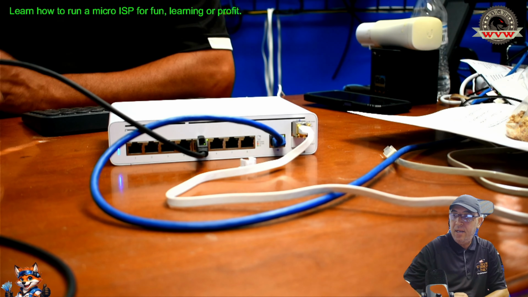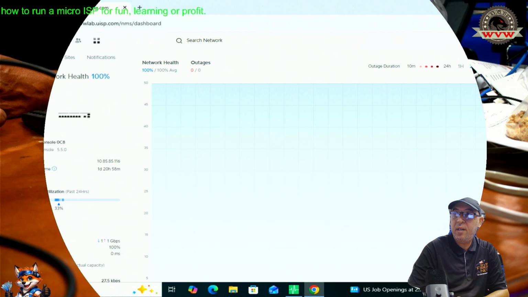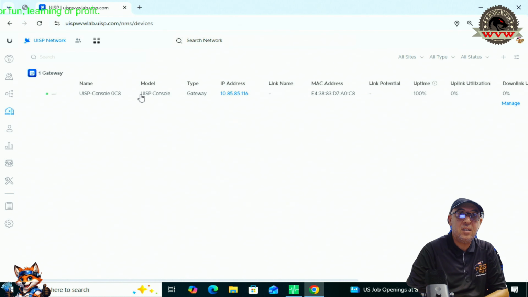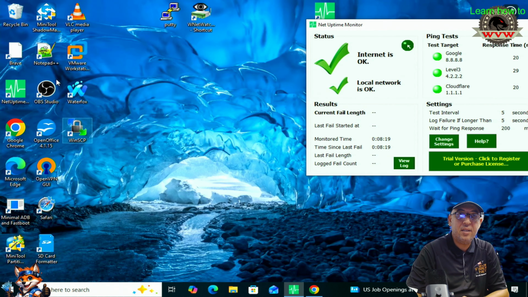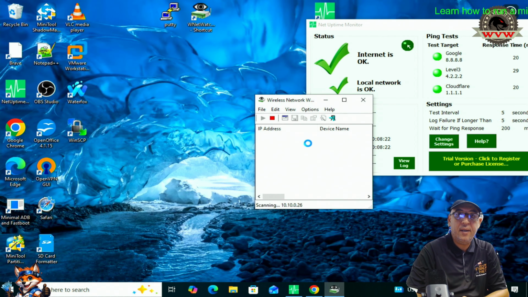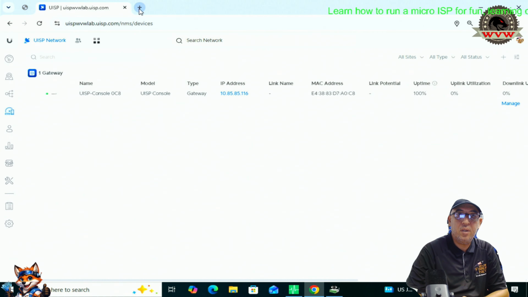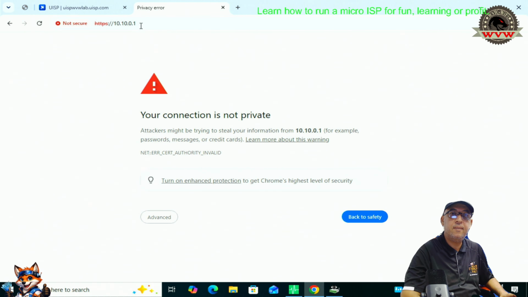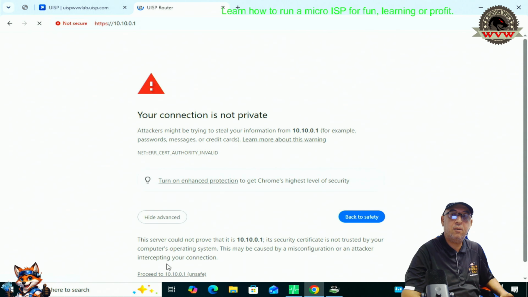All right. Let me pull up the controller right here. In this particular one, I'm going to try to log in to the UISP controller through its LAN side. So I believe I can look here and find out what's my LAN side. 10.10.0.1. All right, so let's go ahead here and put 10.10.0.1, and we got the warning, and we're going